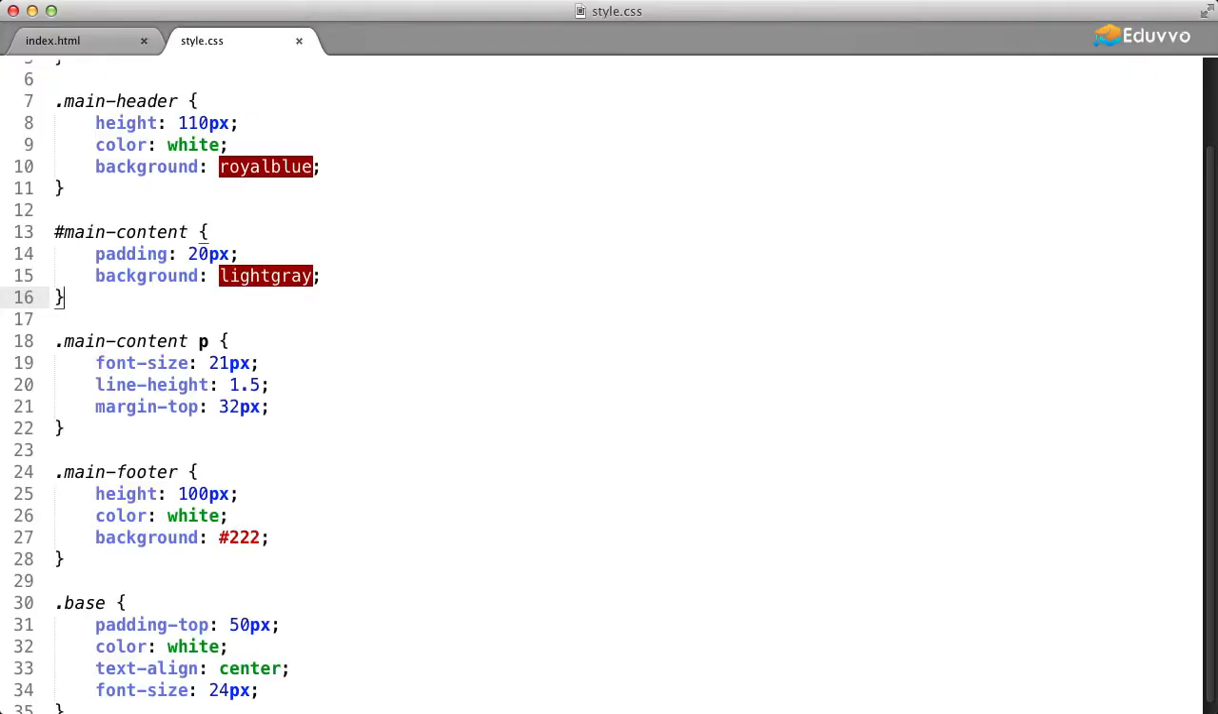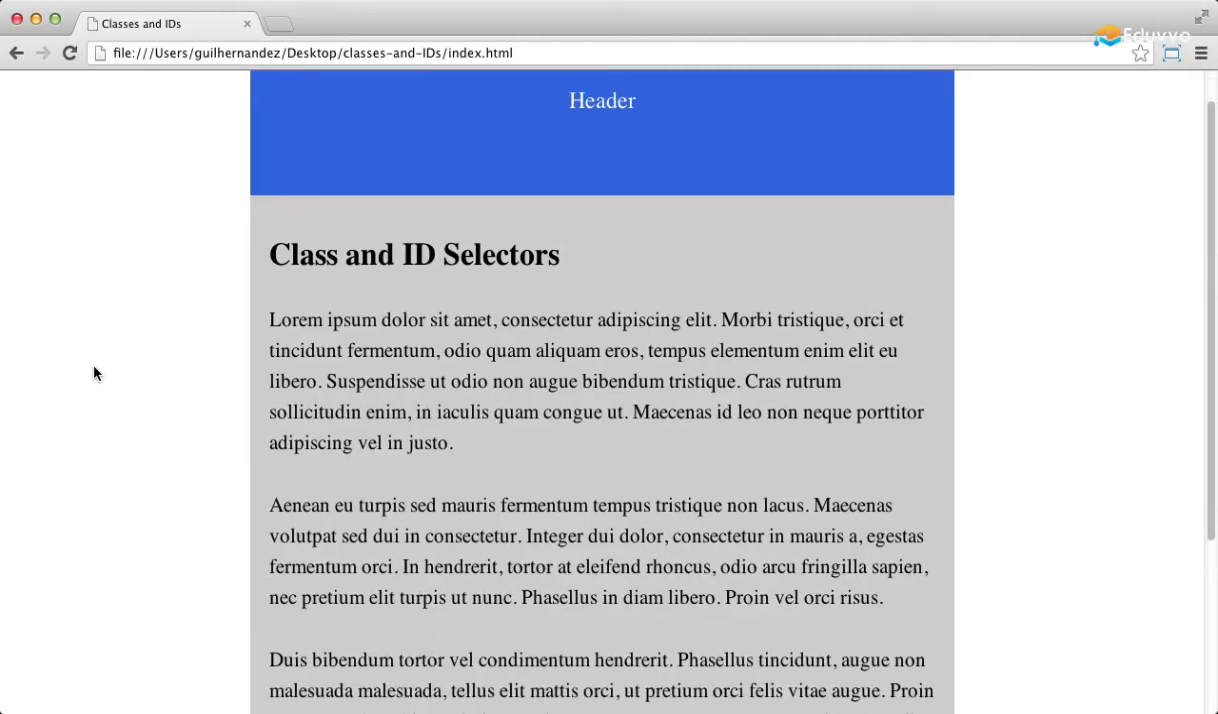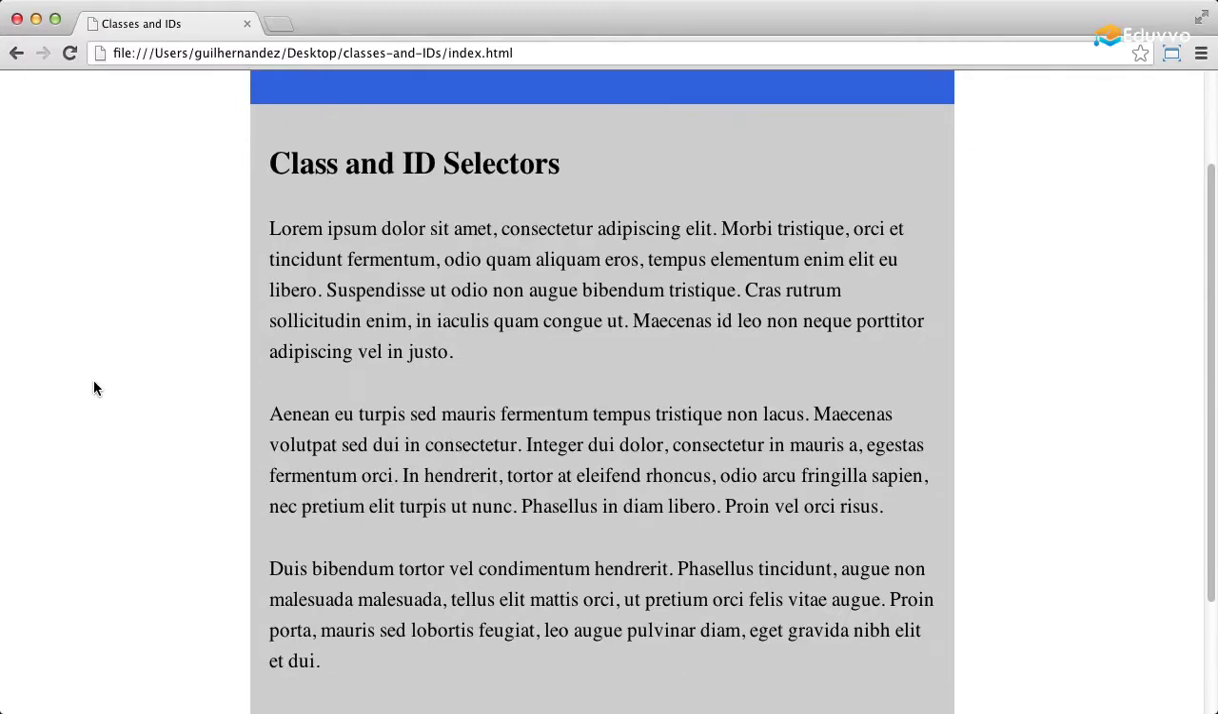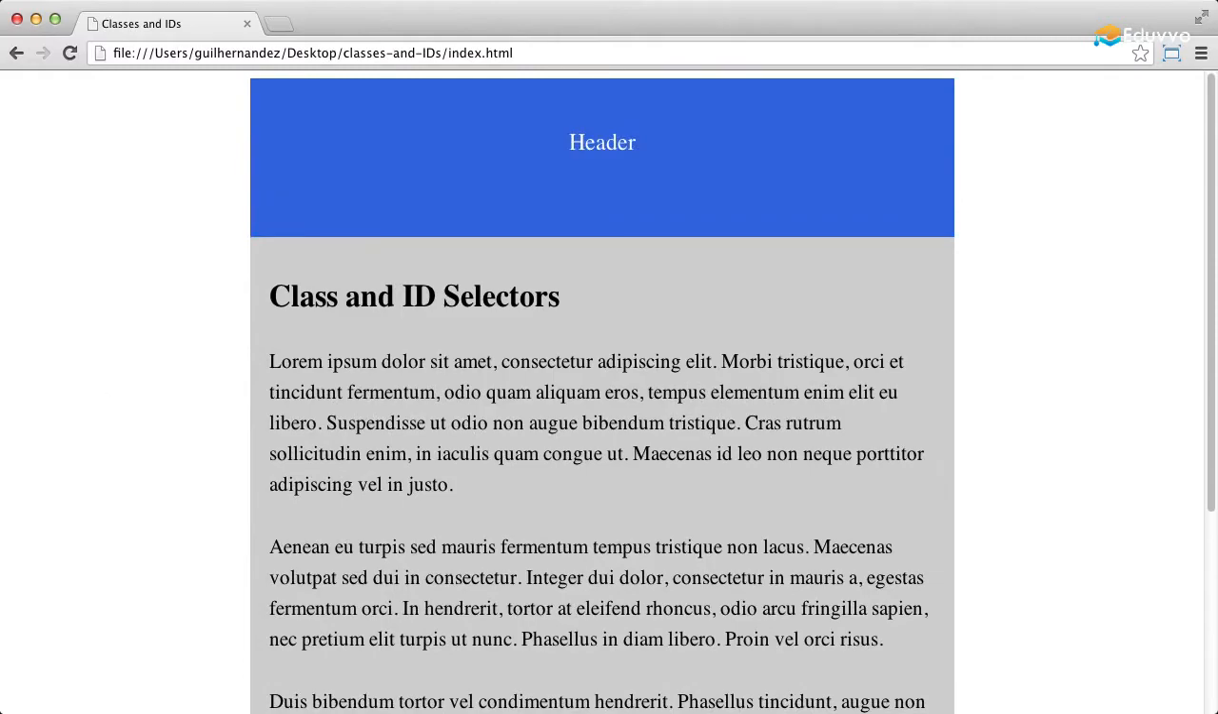So in our style sheet, we'll simply need to adjust this descendant selector by changing the main content class selector to an ID. So now when we refresh, our paragraphs are once again styled with the larger font size, line height, and top margins. We can apply both a class and an ID to an element, but keep in mind